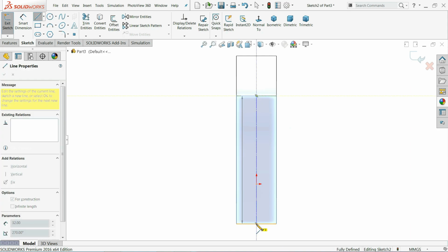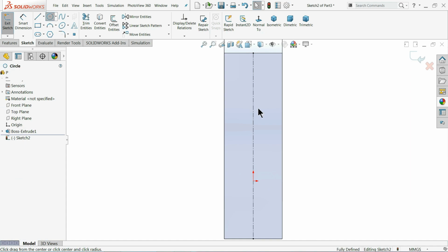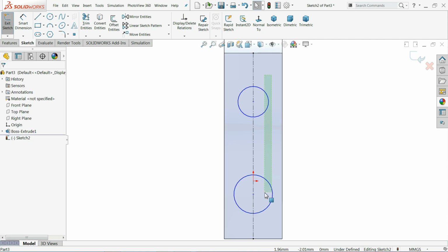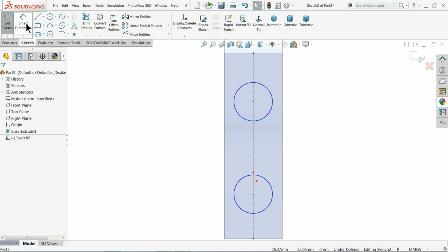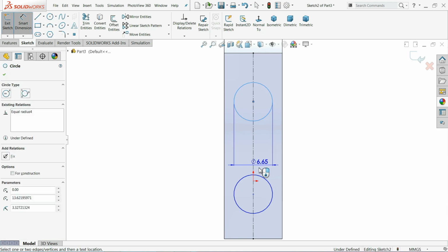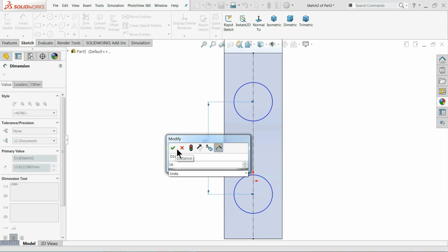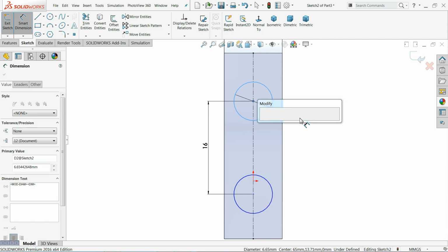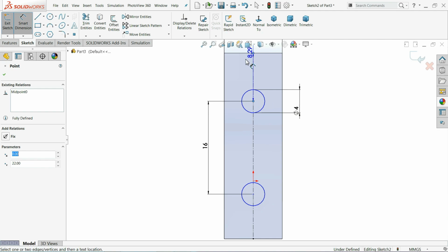Simply draw one center line, even no need to draw, but for reference it's good. Two circles, select both the circles and make relation equal, so that no need to define many dimensions. 16 millimeter the center gap, 4 millimeter the diameter, and the distance from outer edge 8 millimeter.